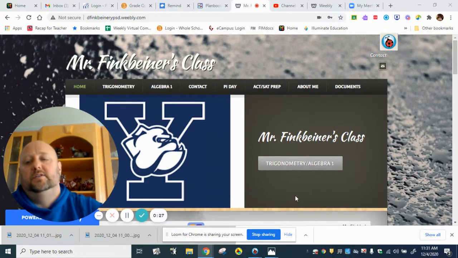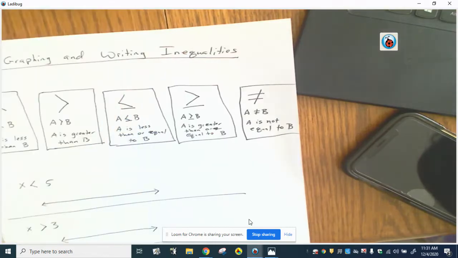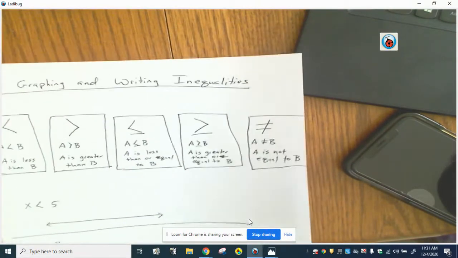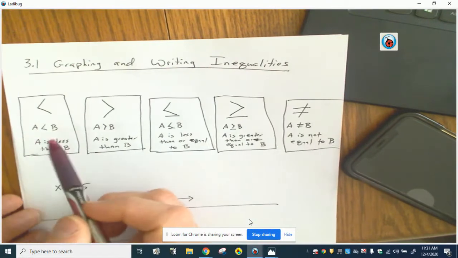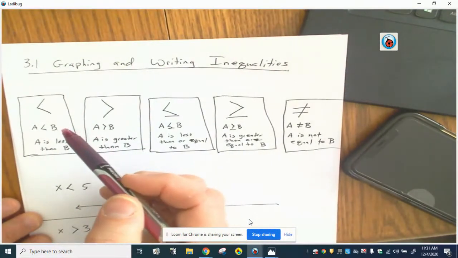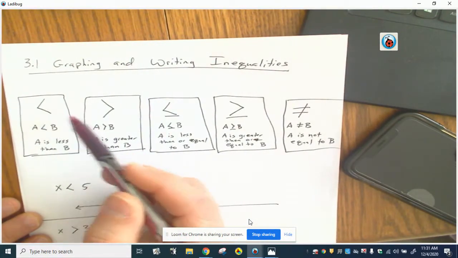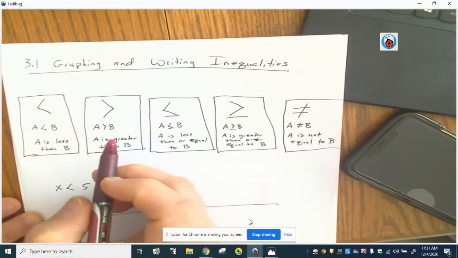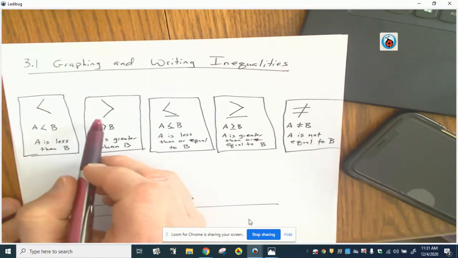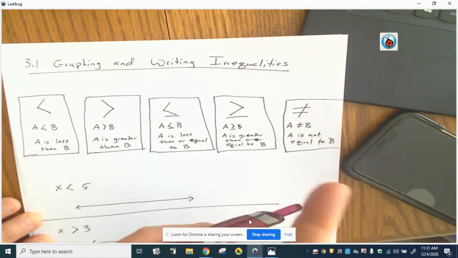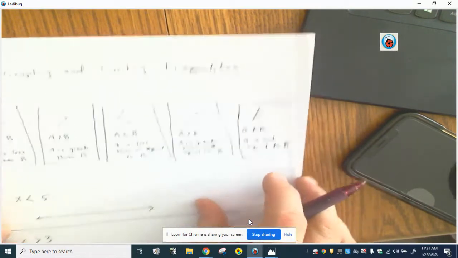Okay, so the first thing we've got to talk about with inequalities is basically what inequalities mean. Well, basically, what we're dealing with is greater than or less than. The biggest thing people struggle with is which way it is pointed. Just remember, the alligator always eats the bigger number. And,